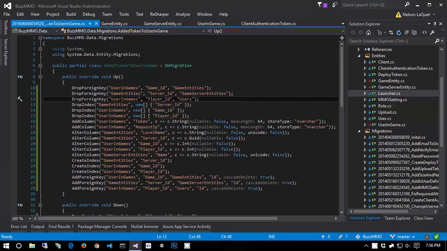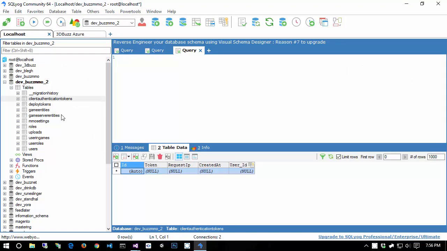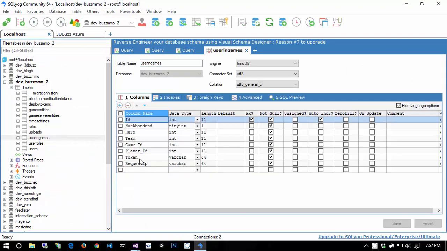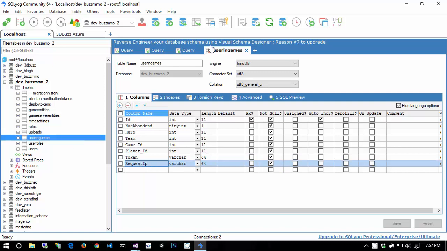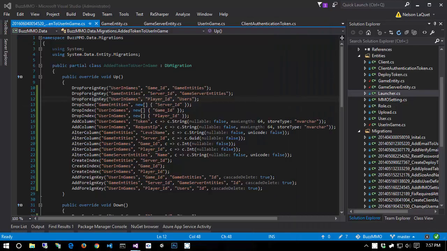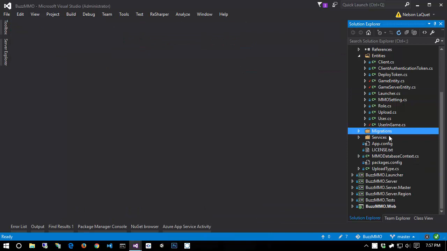So I should be able to open up my database right now over here and jump over into user and games and say alter table, and we should have this token and request IP, and both of them are set to not null. And looks like both of them are just being defaulted to empty strings for the existing game IDs that were added. But with that in place, what we can do now is generate a random